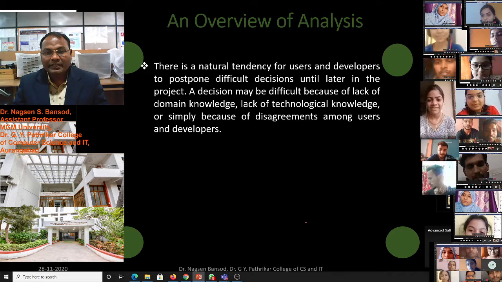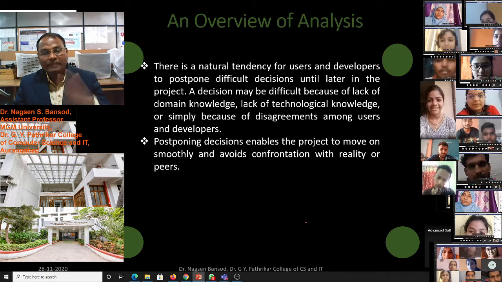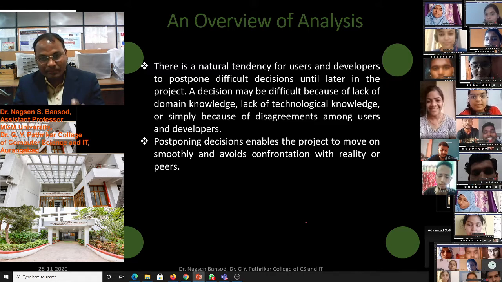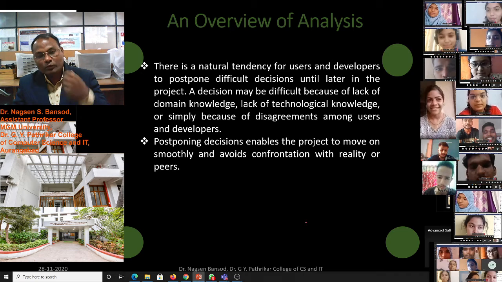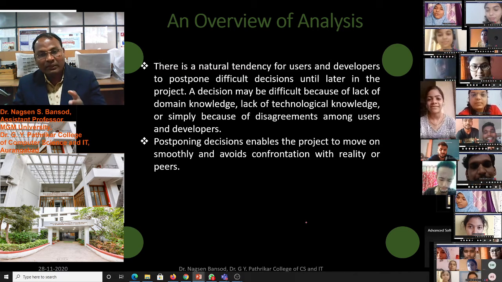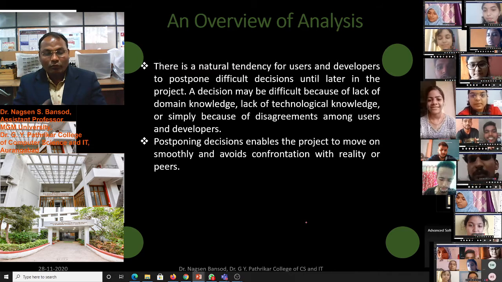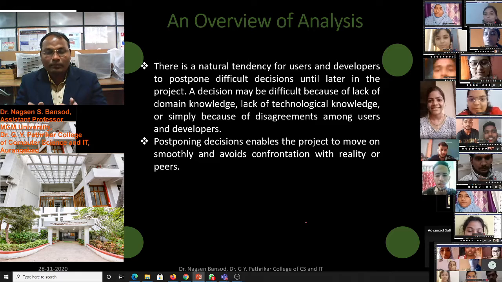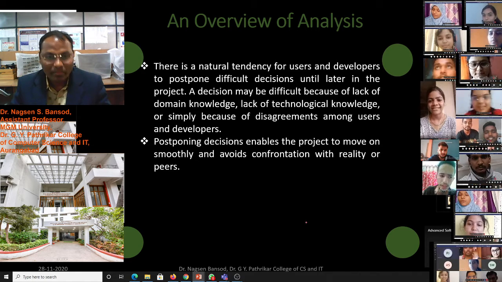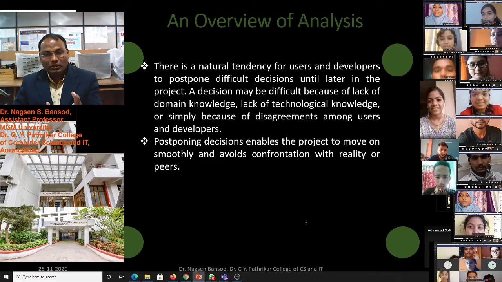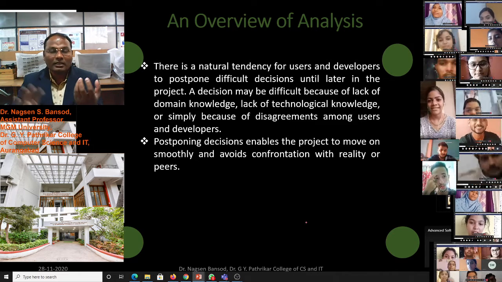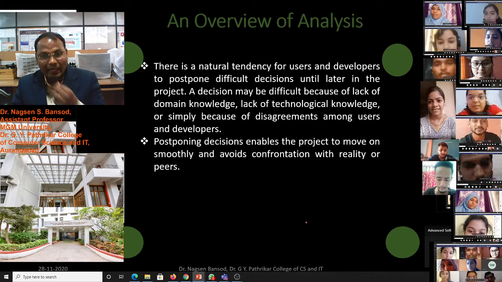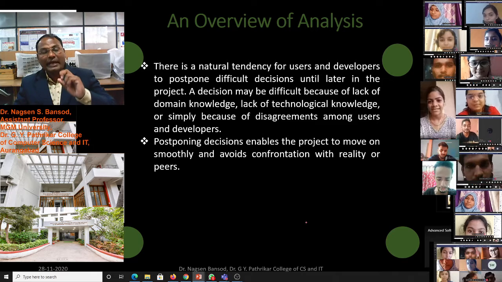There is a natural tendency of users and developers to postpone the difficult task. If something is difficult to design, we will postpone that. But one day we will go back into the difficulty. Postponing is not the solution. If we postpone that work, our other tasks will go smoothly and we will reach the next step.